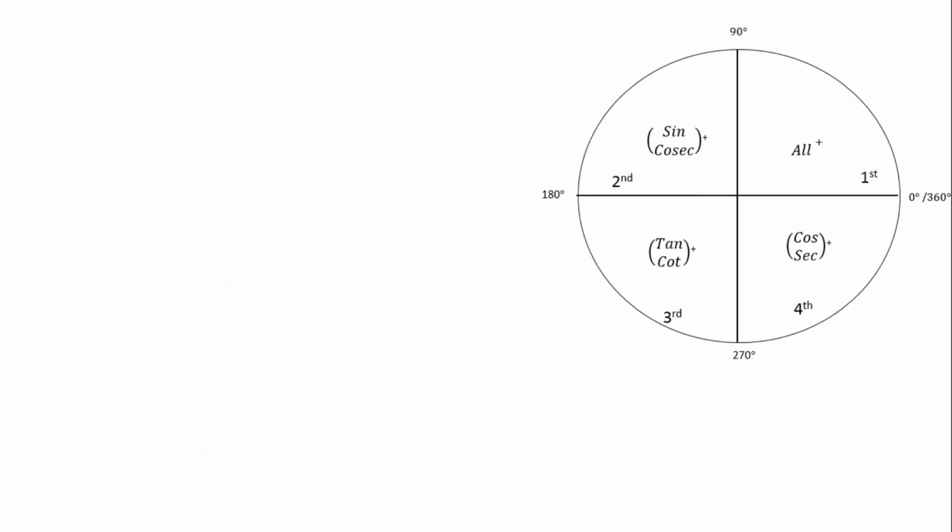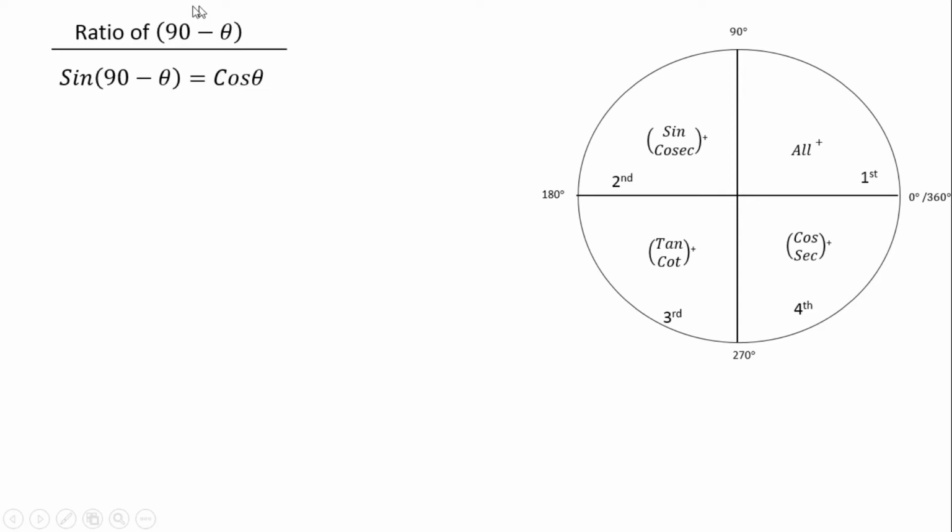Then let's continue breaking the angle. If we break the angle into 90 minus theta, then as we know, in 90 degrees the ratio will change, so sine changes into cos. Now if there is 90 plus or minus, the ratio will be changed. We have to understand that. Next one is the sign. From this breaking, the angle obtained from here, where it lies, meaning in which quadrant it will fall.